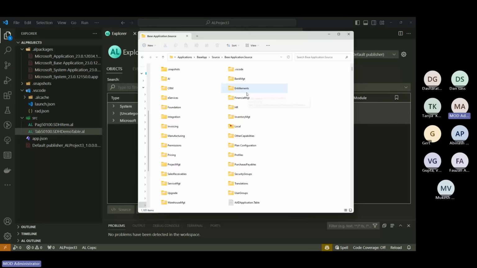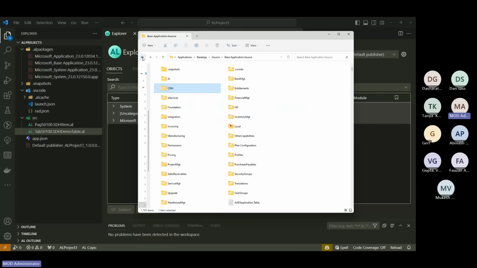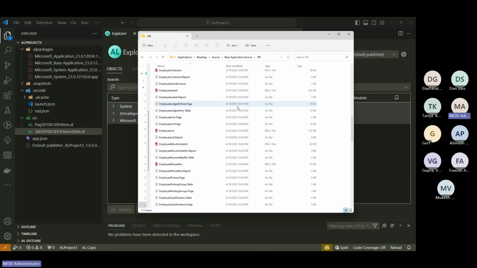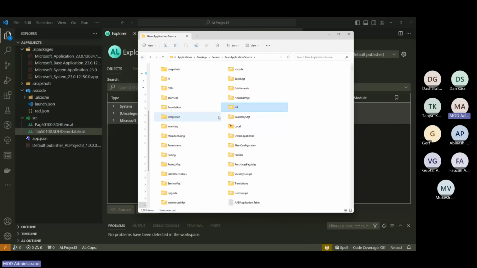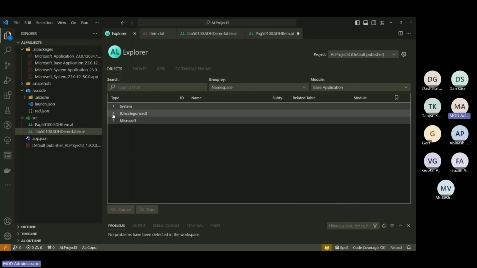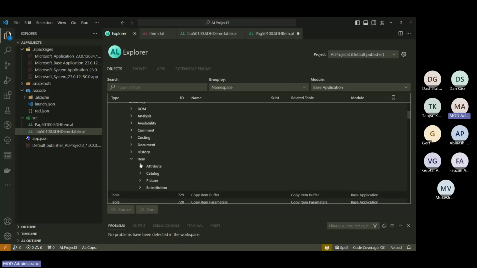So here, what they were doing is they have these different folders which have the related objects. So when you go into CRM, you'll see all the objects which are part of that CRM piece in Business Central. If you go into HR, you'll see all the folders. Now what Microsoft has done is, instead of these folders, they have created these different namespaces. And I was listening to it